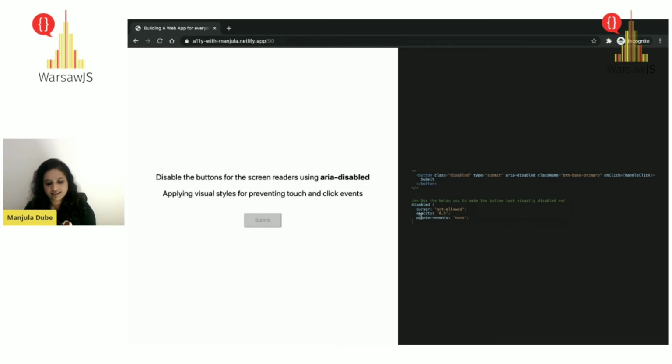Provide some CSS which should make it look disabled, which means you'll provide CSS wherein you can't really click it via mouse. For example, cursor not-allowed, and you will decrease the opacity. You will also say pointer-events none, which means from the mouse you can't click this button, which is a good thing.